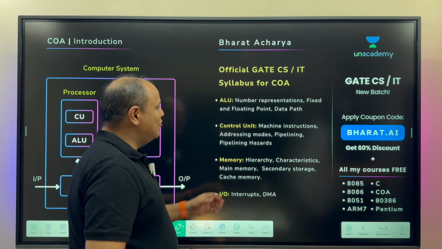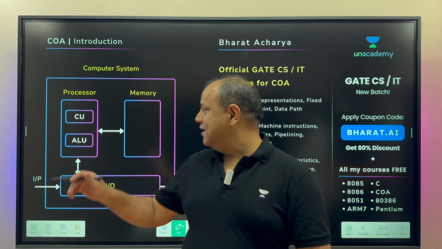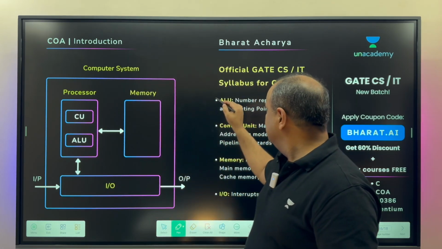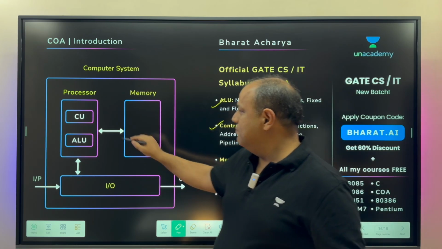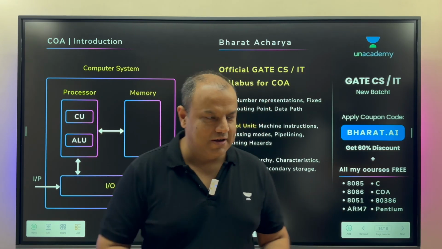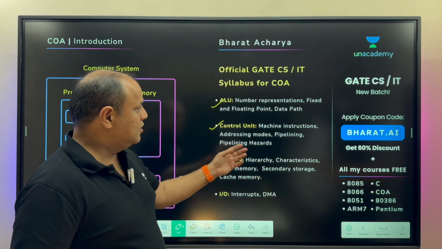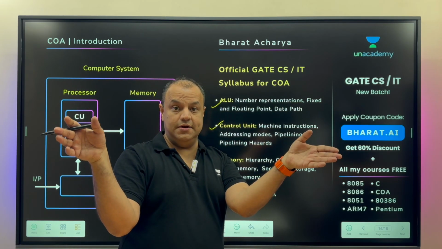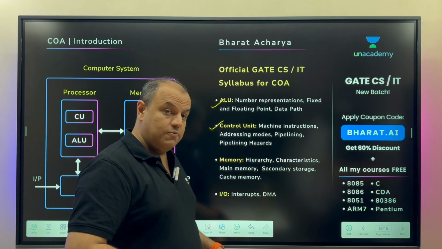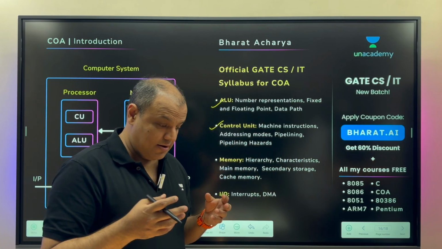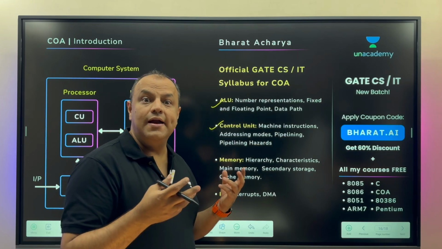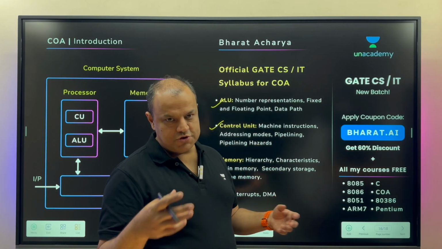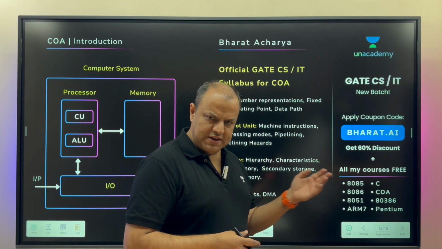Then you go to the control path, you learn the control unit. That is this part of the processor. So ALU and control unit are both inside the processor. That's where you spend the maximum time. In the control unit, you learn machine instructions, the encoding of instructions, how opcodes and instructions are created, the decoding, how control unit works, how instructions are formatted. That is where addressing modes come, the way in which operands are given, numerous addressing modes with examples of different processors.